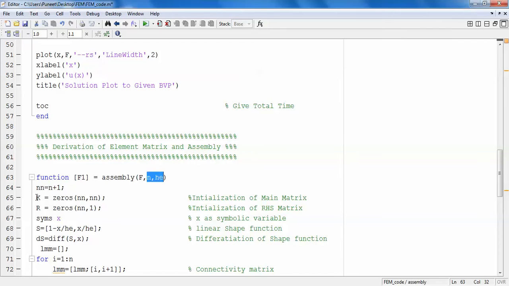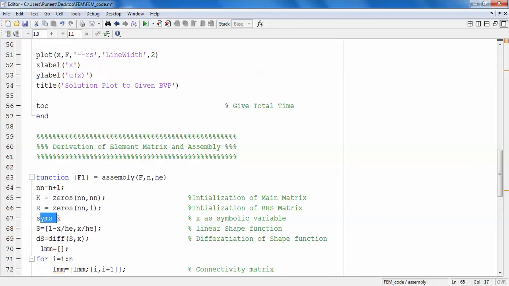So this is the total assembly matrix, which is initialized with zeros, nn cross nn, where nn is the number of nodes. I have written everything here, the initialization of the main matrix. On the right, the comment says right hand side. The right hand side is a matrix, because if it is never nonzero, otherwise it will give you a trivial solution, 0 0 0.